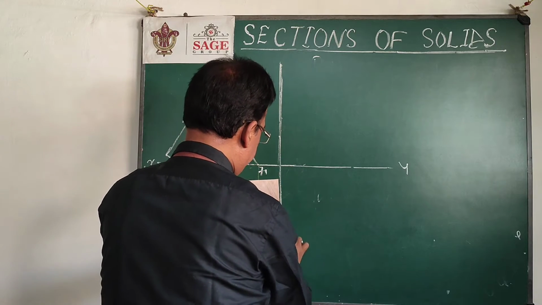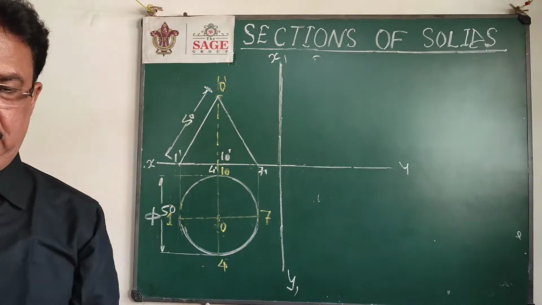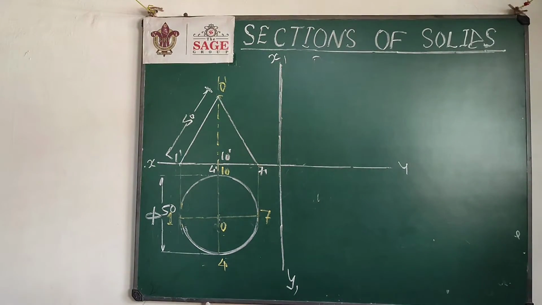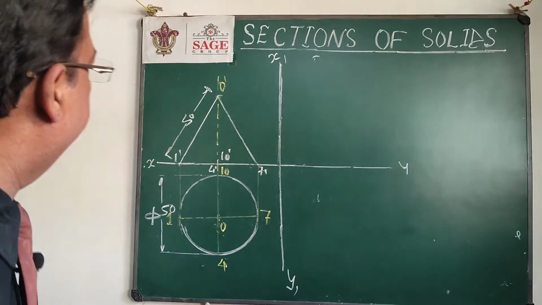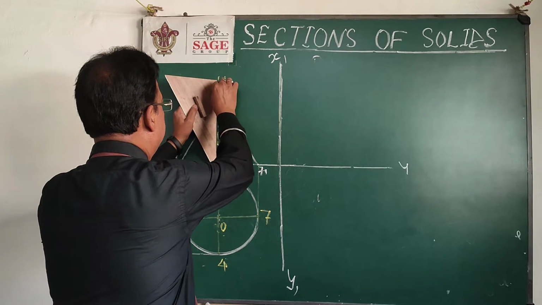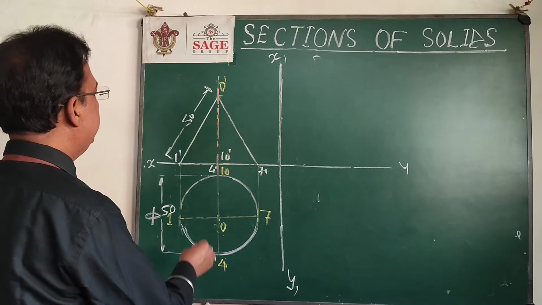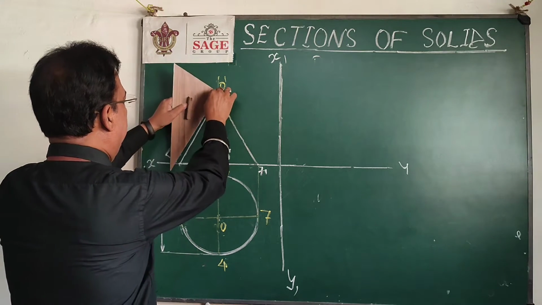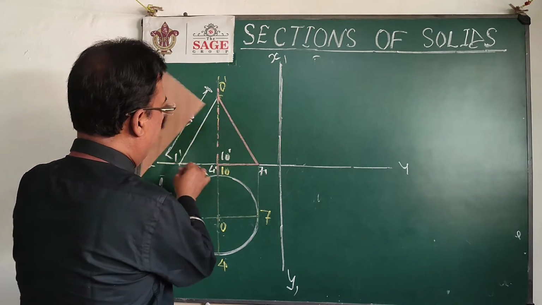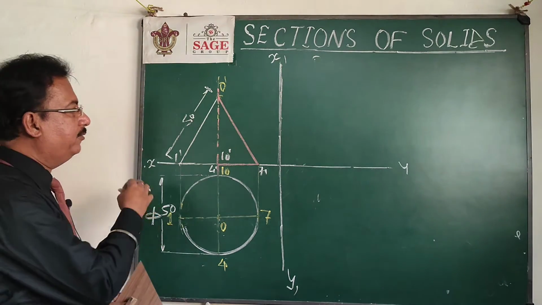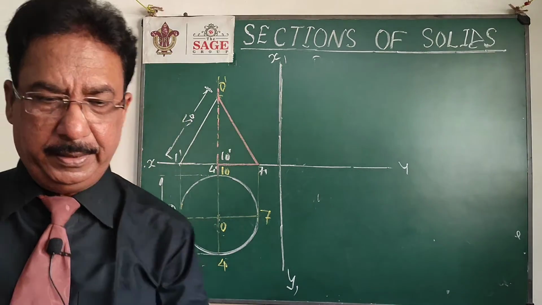So for the side view I am drawing another reference line x1 y1 perpendicular to the xy line, and my section plane will pass through this. So I can cut this from here, and this is my section plane. As you see, this section plane is cutting, and if I darken this piece, then I am looking from the left, so I am going for the left side view, and this part will remain with me and this side part will be removed.